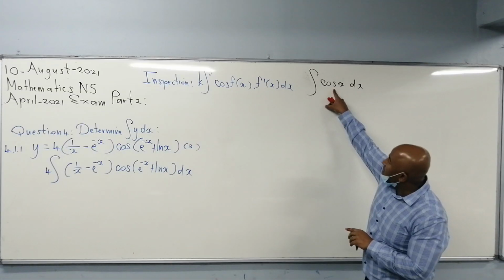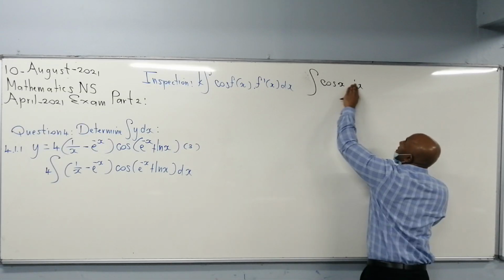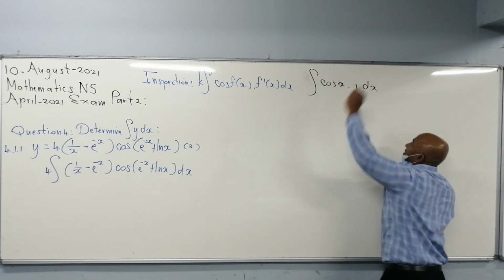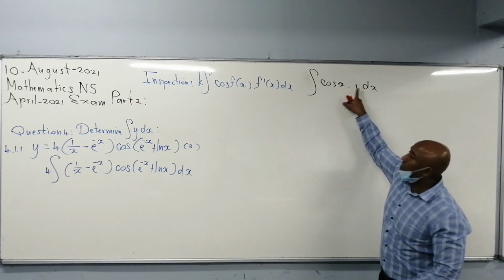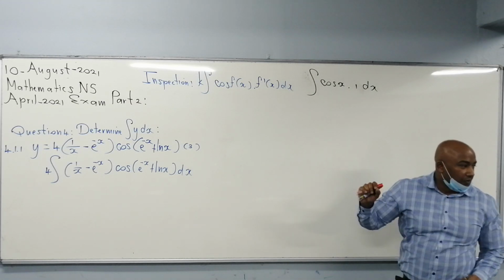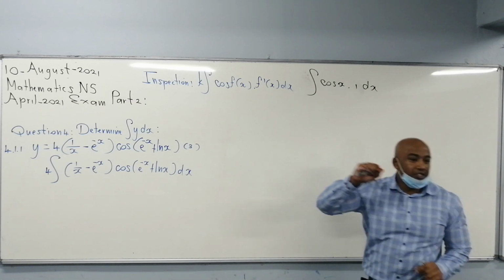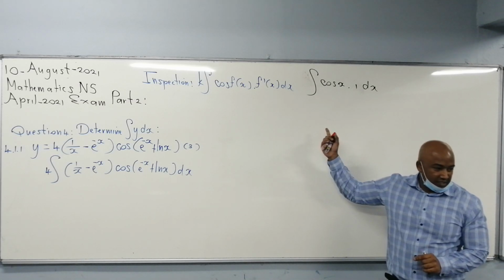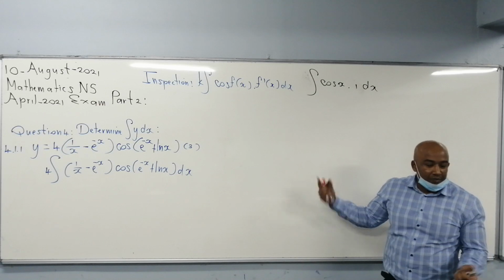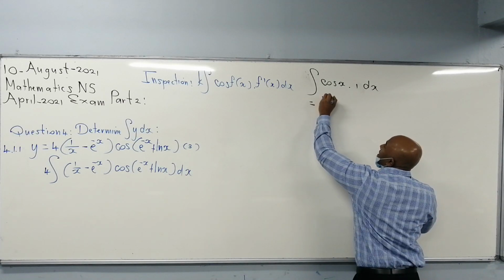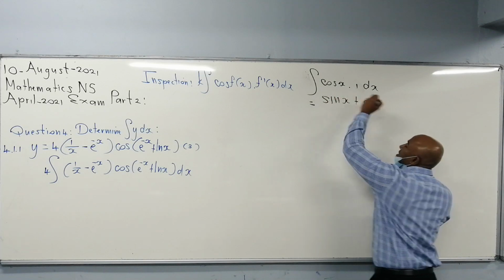So now, this is cos of x. Let me make it times 1 there. I don't have to write down that 1. But basically, the derivative of x here is 1. Now, what did you differentiate in order to get an answer of cos x? Okay, it was sine. That means when you integrate cos, the answer is going to be sine x plus c,